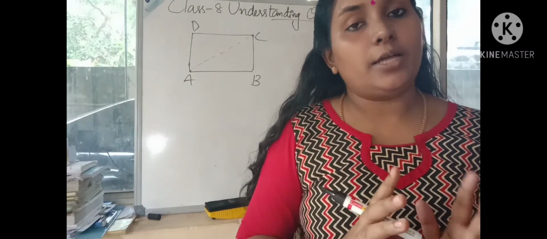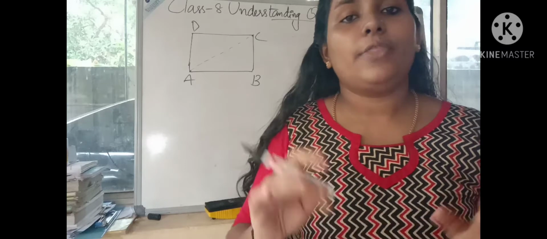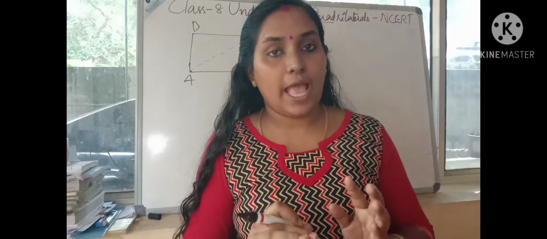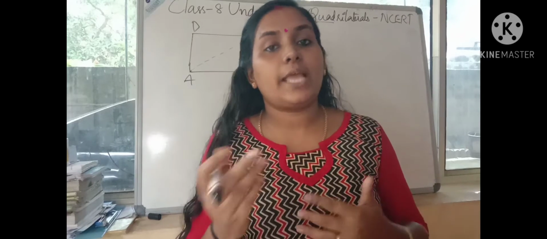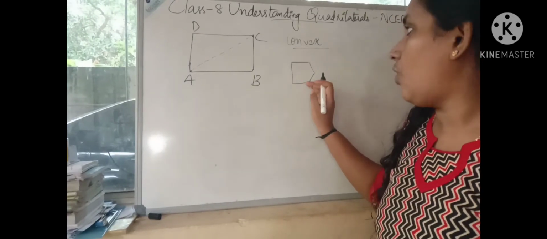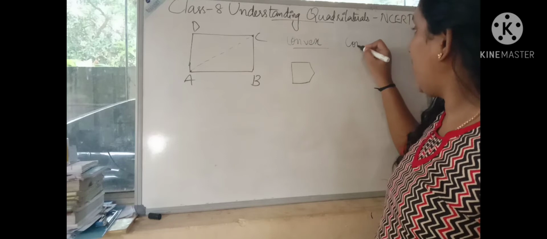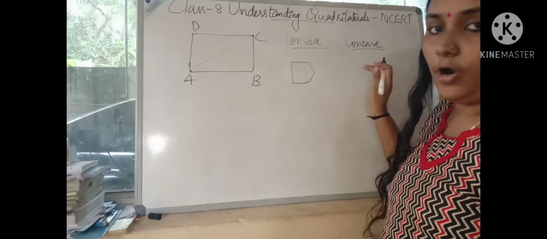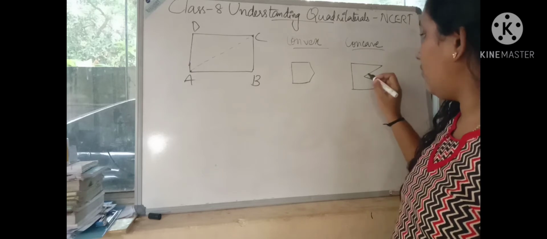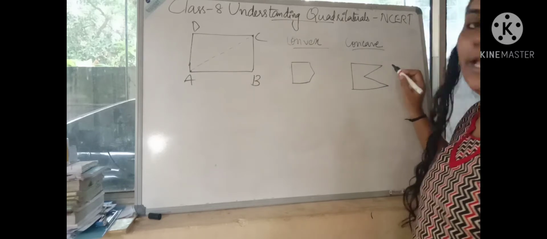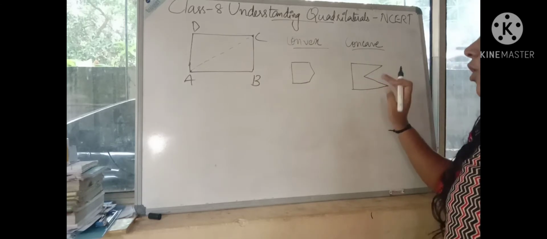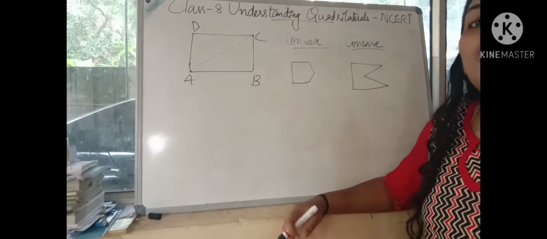Polygons can be convex or concave. Convex polygons are the polygons that will not have an exterior point. That's all. A concave polygon is a polygon which has an interior point as well as an exterior point. Okay, this is the example for a convex polygon. For a concave polygon, we can draw it as, see, one interior point and two exterior points are there, right? Compared to this point. Okay, this is the concave polygon and this is the example for a convex polygon.